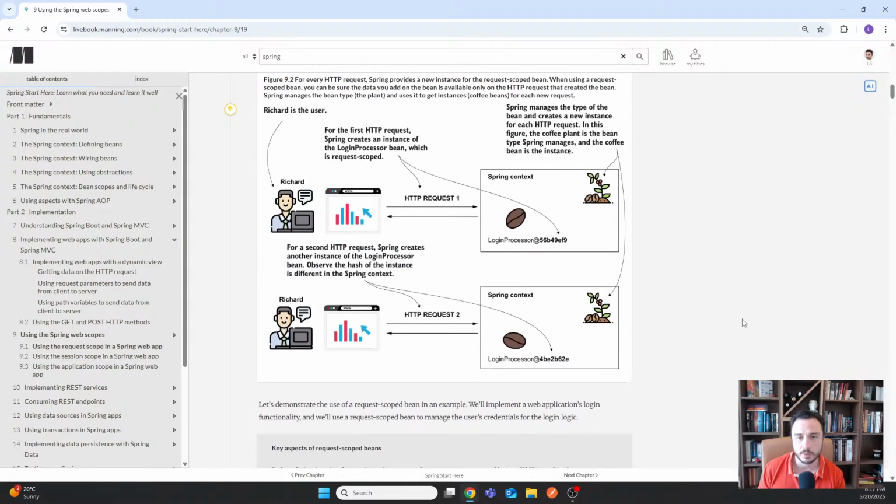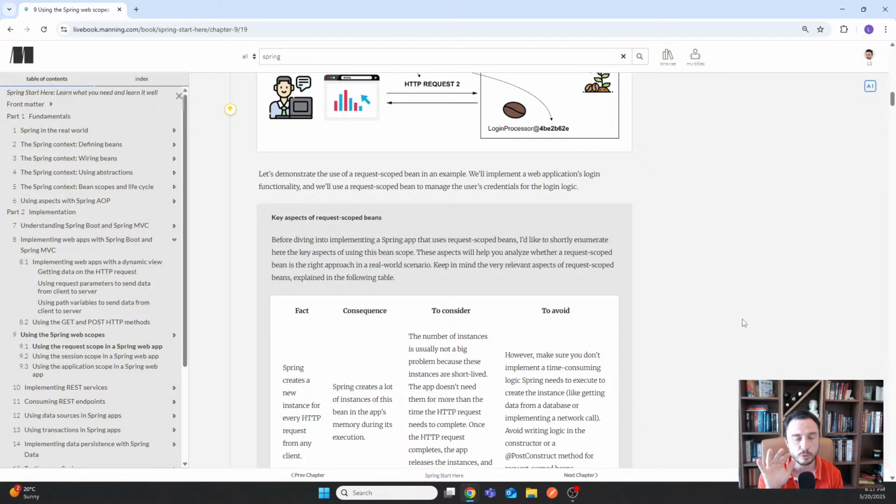So that's basically what happens with this. I can tell you, out of the three, the most used of them is this one, because it gives you something totally different than what exists in a normal Spring context. A singleton bean allows you to have one instance per application. A prototype bean allows you, every time you dependency inject it anywhere, to have a different instance. But a request bean is totally different. It's neither like the prototype nor like the singleton,